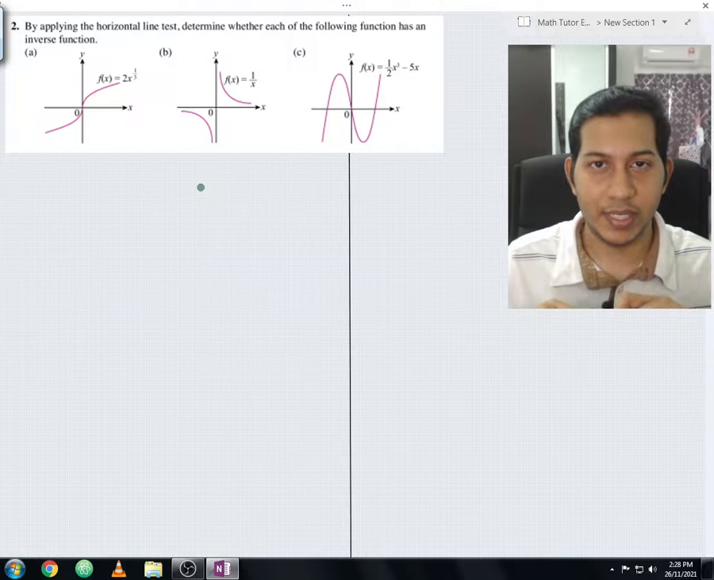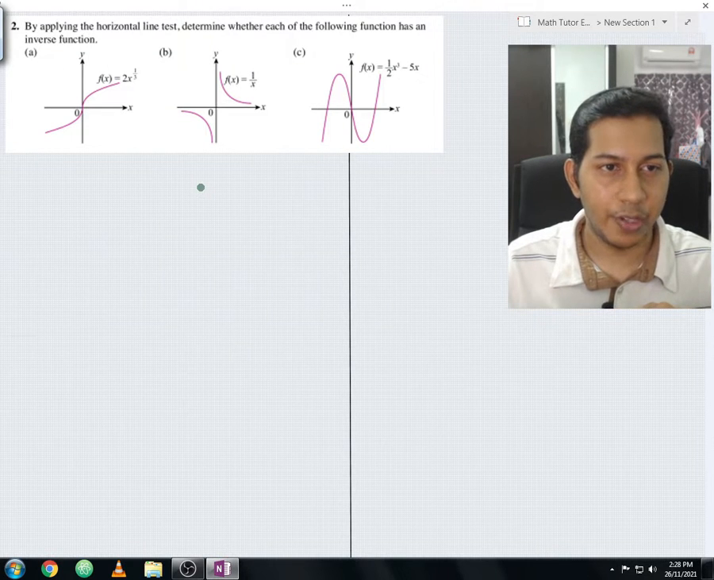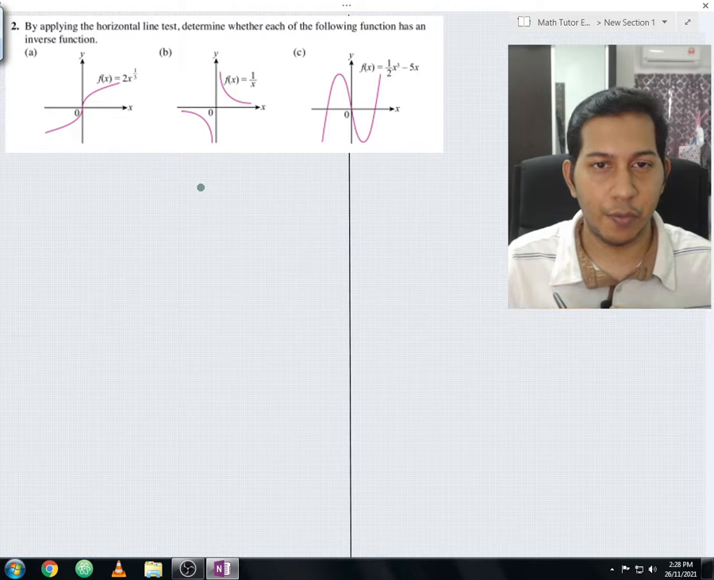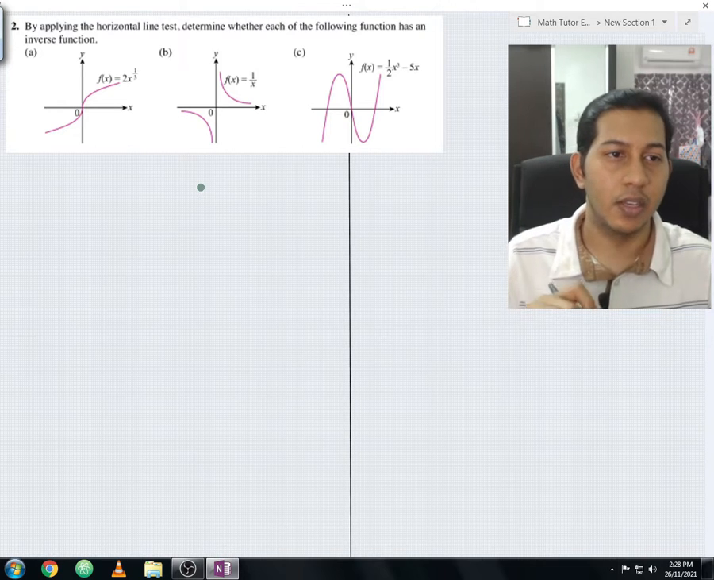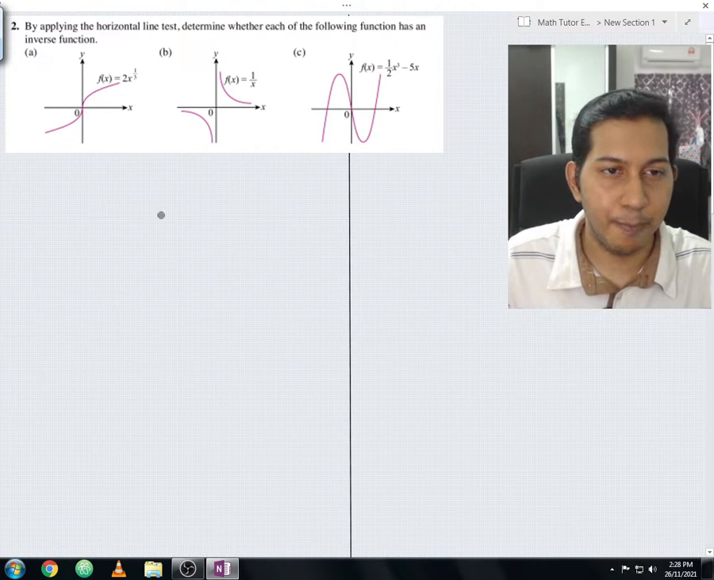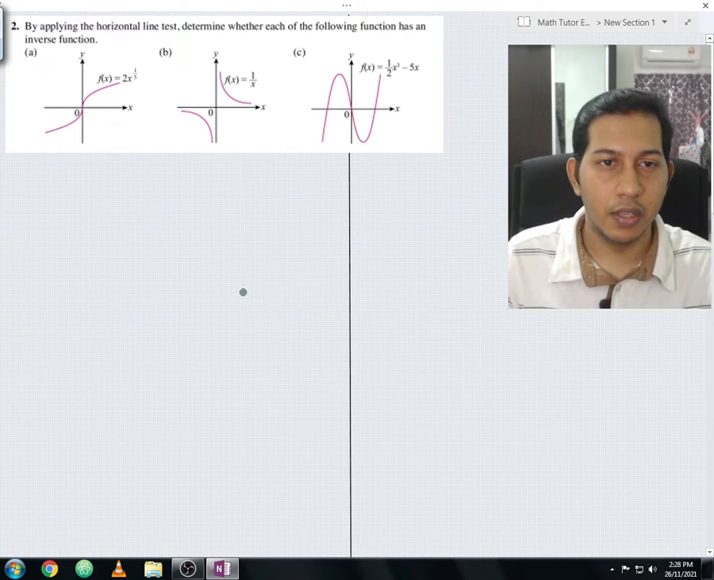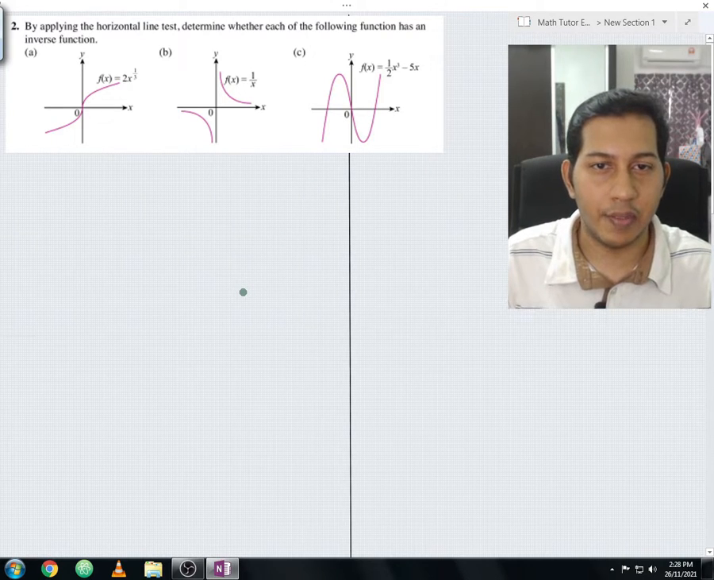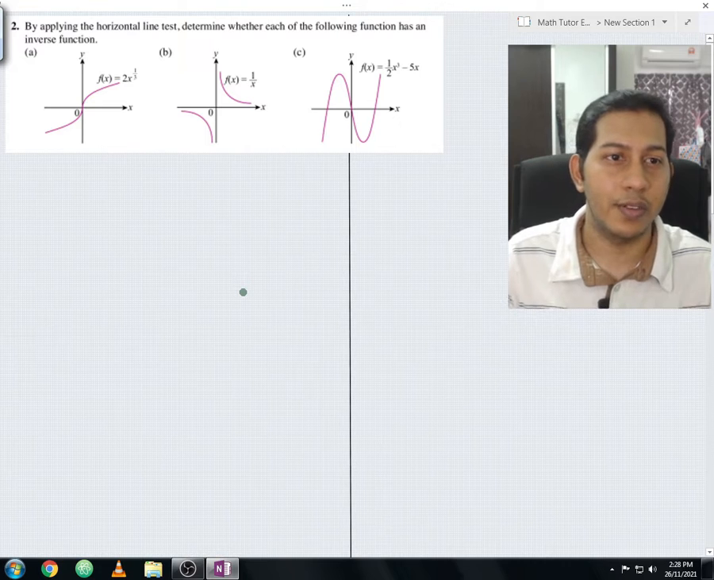Okay, let me read the question now. By applying the horizontal line test, determine whether each of the following functions has an inverse function. So as you can see here, you have graph A, graph B and graph C. So you need to identify whether each of the following functions has an inverse function or not by using the